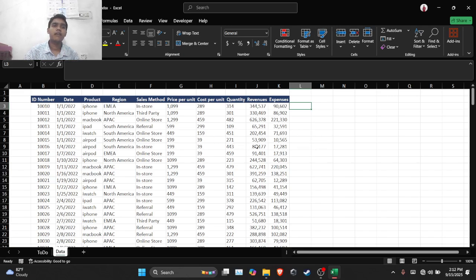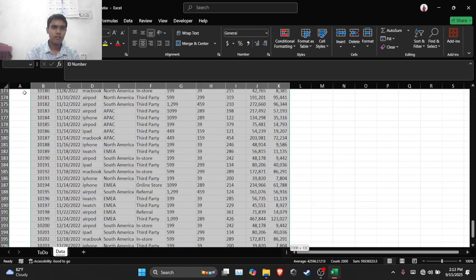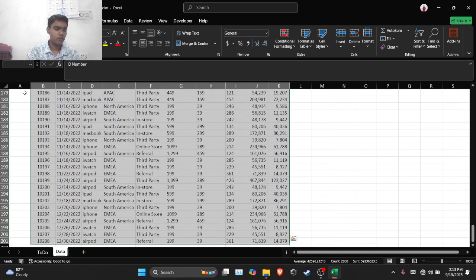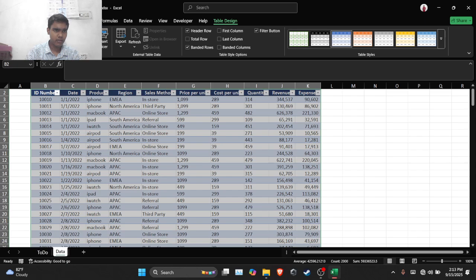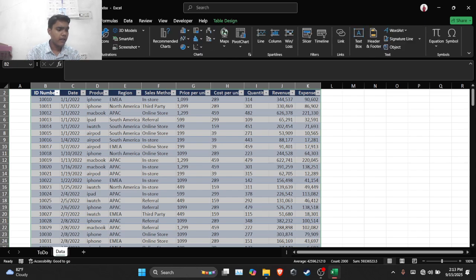In this Excel session, I will be discussing the pivot table Excel file. To solve this pivot table Excel file, first of all we have to select the full table. To select the full data set, simply press Control Shift right arrow, down arrow. Then to make a table of this data, simply type Control T, then press OK, then Insert, then Pivot Table,